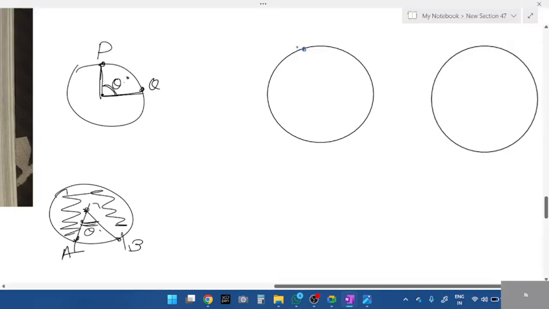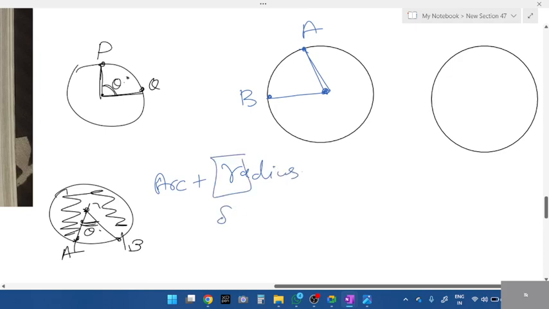Look here, I'll take an arc A and this one as B, students. I'll join both these using a radius. So yesterday I gave two names. Arc plus radius. What is it? Segment or sector? Arc plus radius. It is a sector. Very good. Sector. So in a sector where the angle is formed, student, if I say this is 35 degrees,